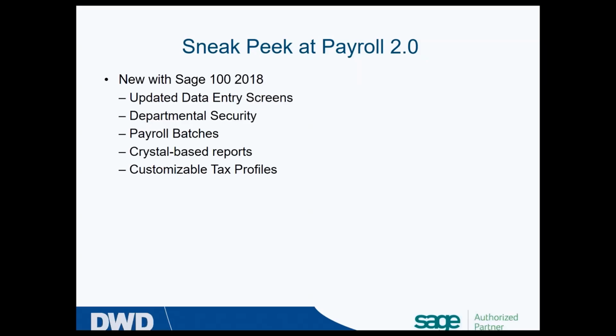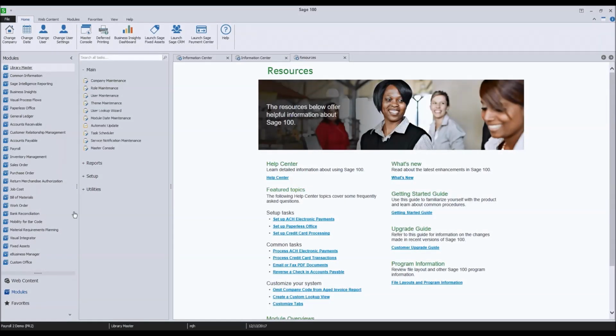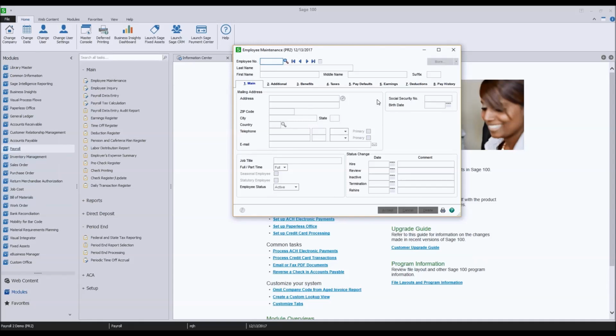So let's go take a quick look at what's going on in payroll. And just to give you a flavor of the data entry screen, right away we can start to see some differences, and I'm going to call it cleanup of all of the information that's on the screens.